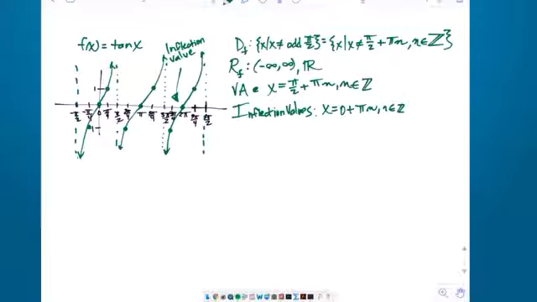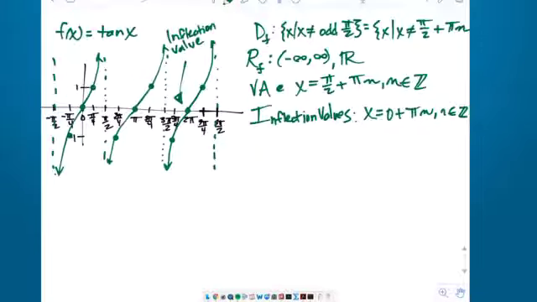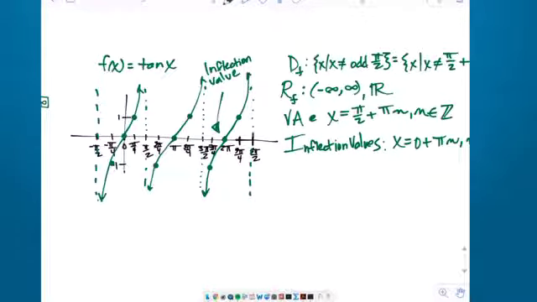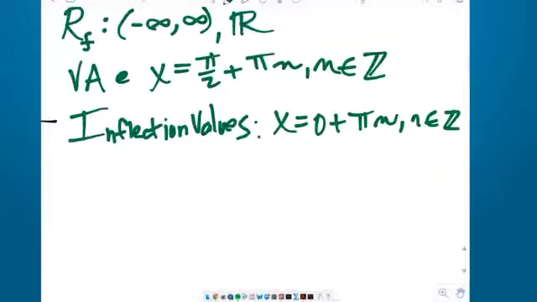Symmetry. Let's talk about symmetry. Does this function have any symmetry? And by symmetry, we're talking about mainly which two types? Origin and y-axis. Remember, origin is your rotational symmetry. If you turn it upside down with your finger on the origin, does it look the same? And y-axis is the folding symmetry along the y-axis. Does this one have y-axis symmetry, folding symmetry? No, it doesn't. But how about origin symmetry? If you turn it upside down, it looks the same. Yeah. So this function has origin symmetry,